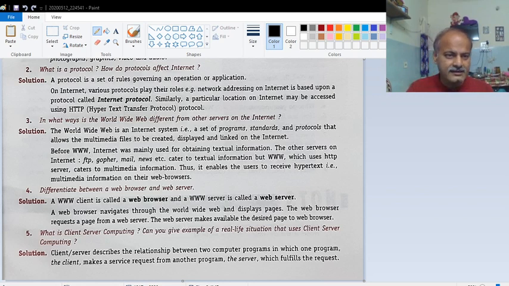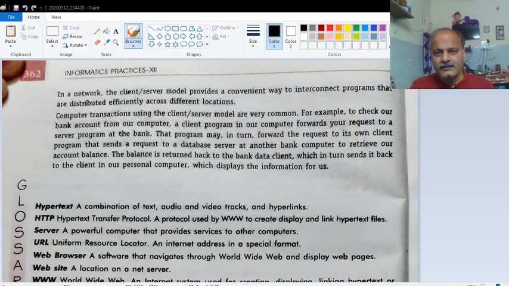So see, the rest of the portion of that question is this one. So I will link all these three files as well as the one PDF file, so you can download them from the WhatsApp group.